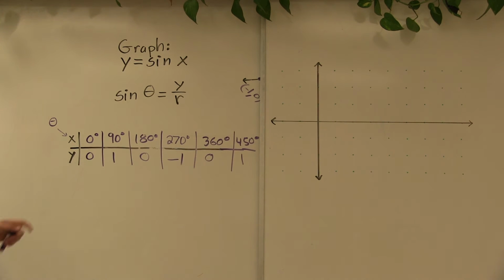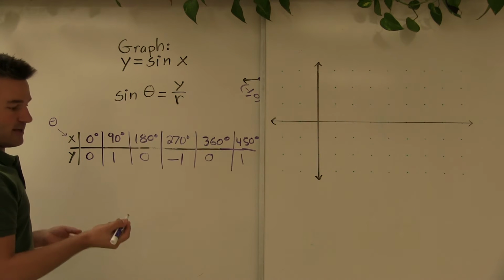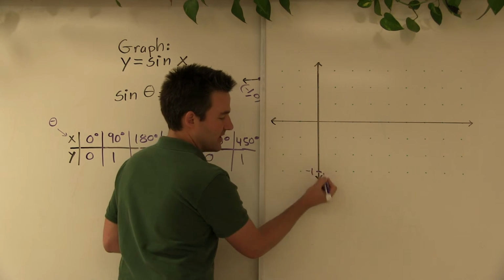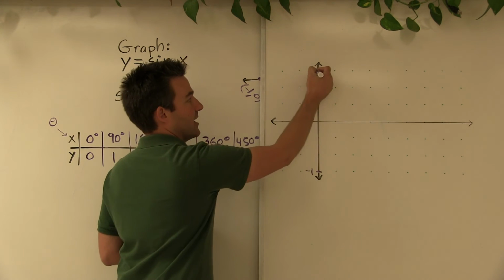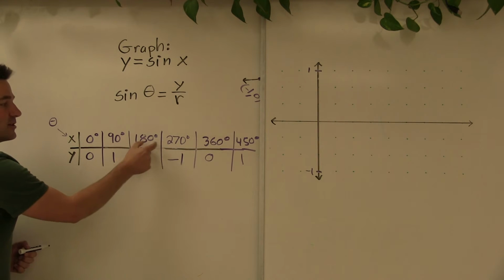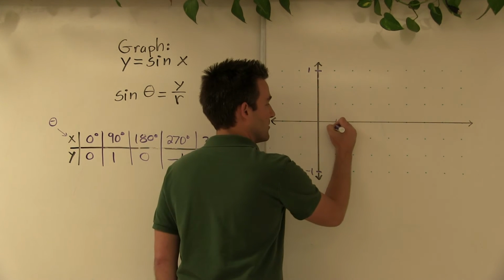All right. Our first point we're going to graph is 0, 0. But before that, we should probably scale our graph appropriately. Since our values fluctuate between -1 and 1, maybe a good label for our y-axis would be, let's make this -1 down here. We'll make this 0, and up here, +1. For our x-axis, we're increasing by 90 degrees. All of these 0s, 1s, and -1s are happening at multiples of 90 degrees. So if we make our x-ticks 90 degrees, it will make it easy to graph. So let's make this 90,